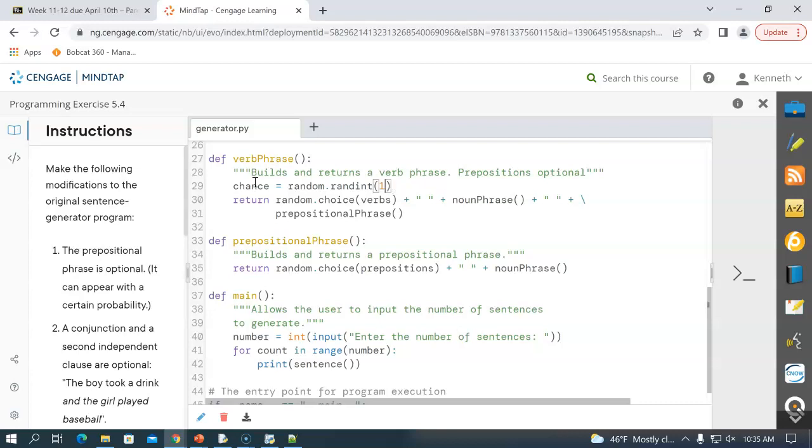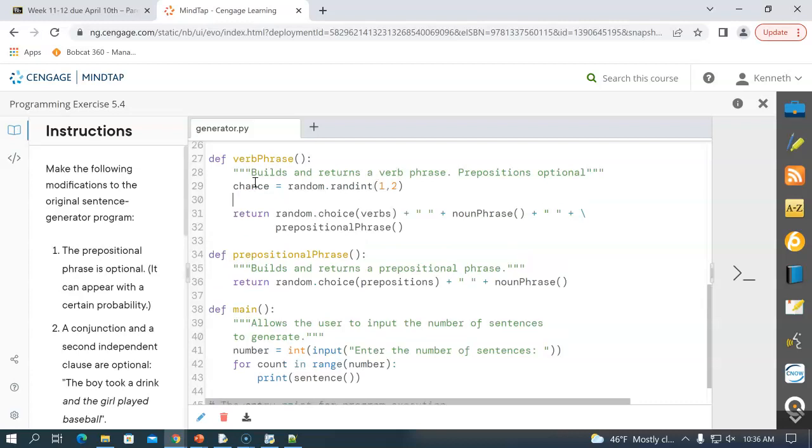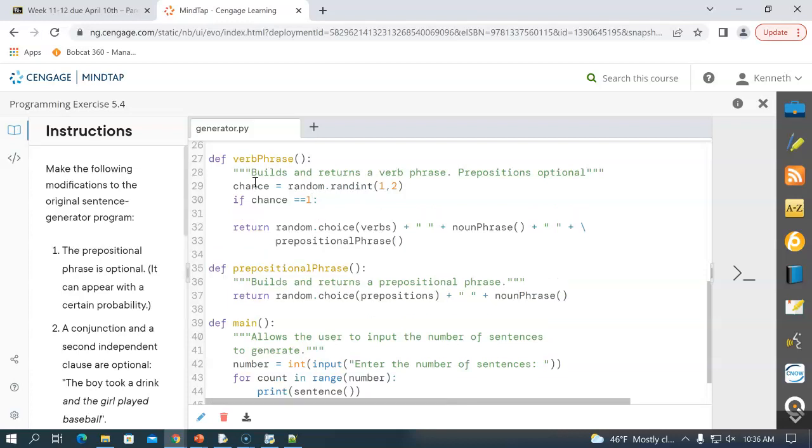Maybe we could do it easier. We could say 1, 2. That's only going to generate 2 responses. And so if we think 50% of our sentences should have prepositions, then that might be an easy way to do that. So we've created a random number between 1 and 2. So we could do something like an if chance equals, let's do 1. Then,